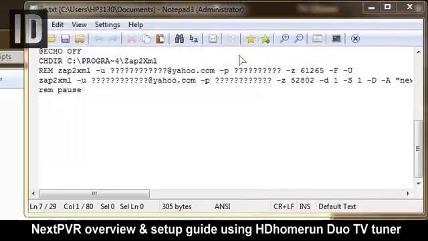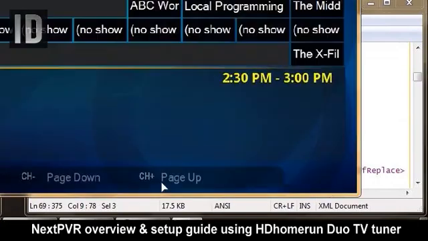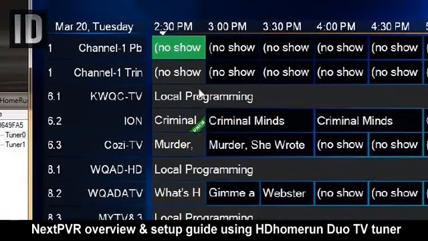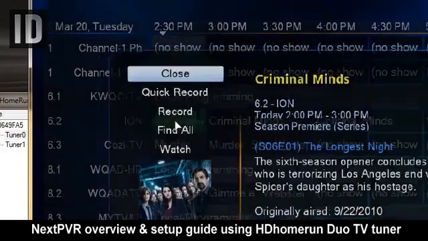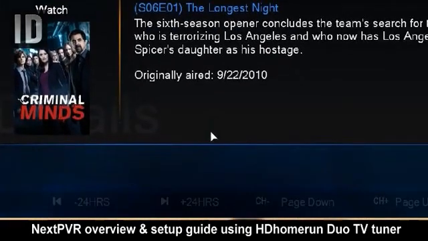NextPVR. Sometimes it doesn't like the settings up at the same time, so let me start that. Okay. I don't know if I remembered having set, I think I did, double click. You can quick record, or watch. I don't think I went through